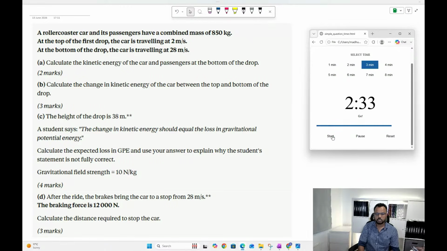And by the way, when you have the answers, can you please send them in the chat so I know. I'm looking at the chat right now, guys. So when you do part A, send me the answer, then part B, then part C. You don't need to wait to send them all at once. So send them one by one. That's enough. Yeah, that's good.